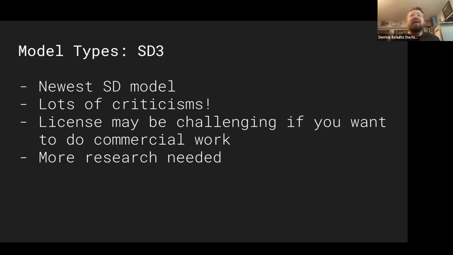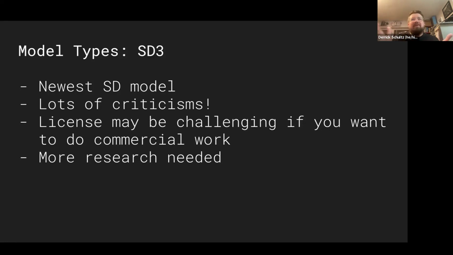The other problem with the SD3 model is their first license release said you couldn't use it for commercial work without paying Stability AI themselves. So people are freaked out about that. They're like, well, if I can't do commercial work with this, why would I use this thing? They've now rolled that back a little bit, but now it's caused confusion in the community about whether or not they can use it. So in fact, Civitai, which is this community site that allows you to upload models, has banned people uploading SD3 models up there because no one understands the license yet. Pure open source, the fun of open source tech work.